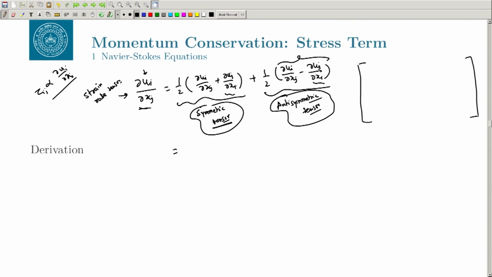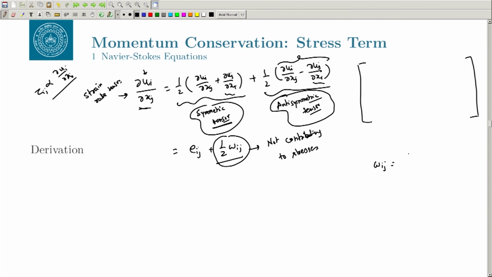I will write it as E ij, and the other will be half omega ij, but remember this is not contributing to stress, and this is antisymmetric, you can see it easily. If I write it as omega ij,